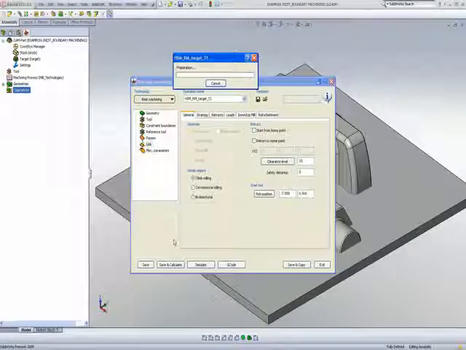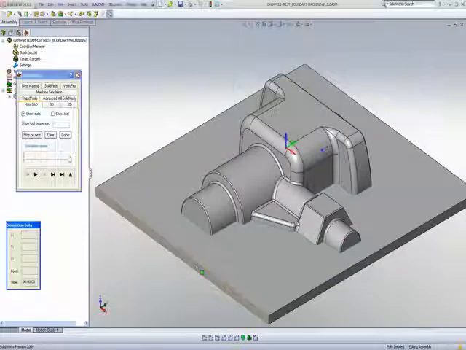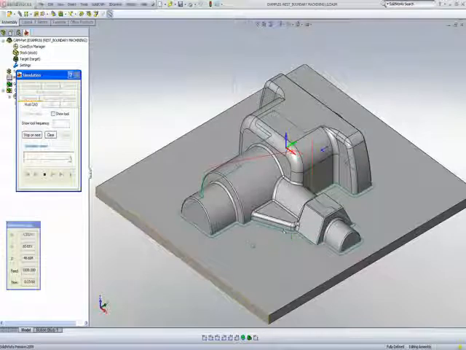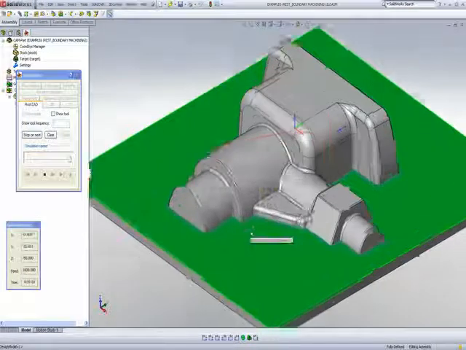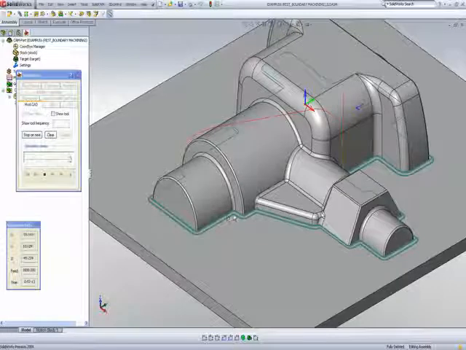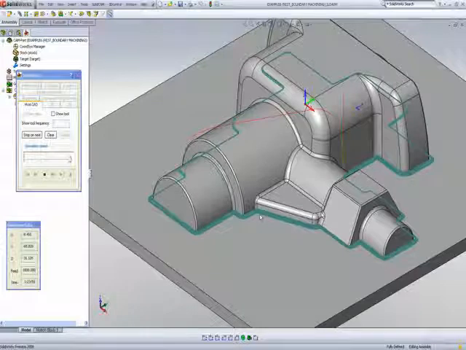Now if I do save and calculate, we'll show you in a moment the simulation itself. If we take a look at our simulation, you'll note that the tool path is being done around every single one of those corners. Nothing will be left out, and it's slowly working its way in and around. When it finishes that area, it'll pick up the next area that it has to work on and work in every single one of those corners,